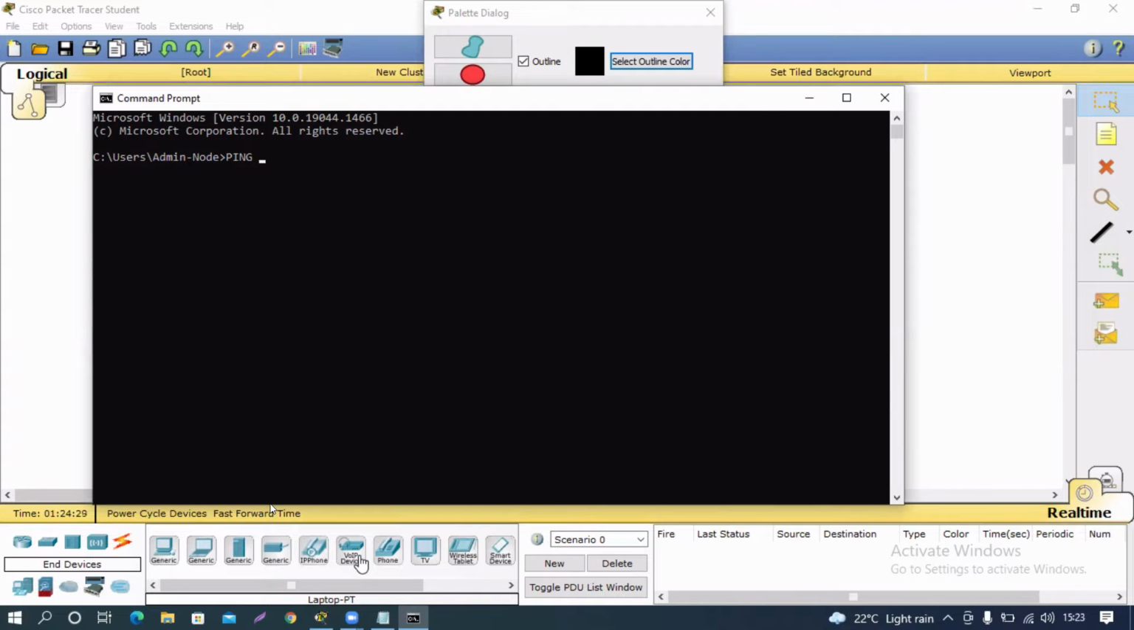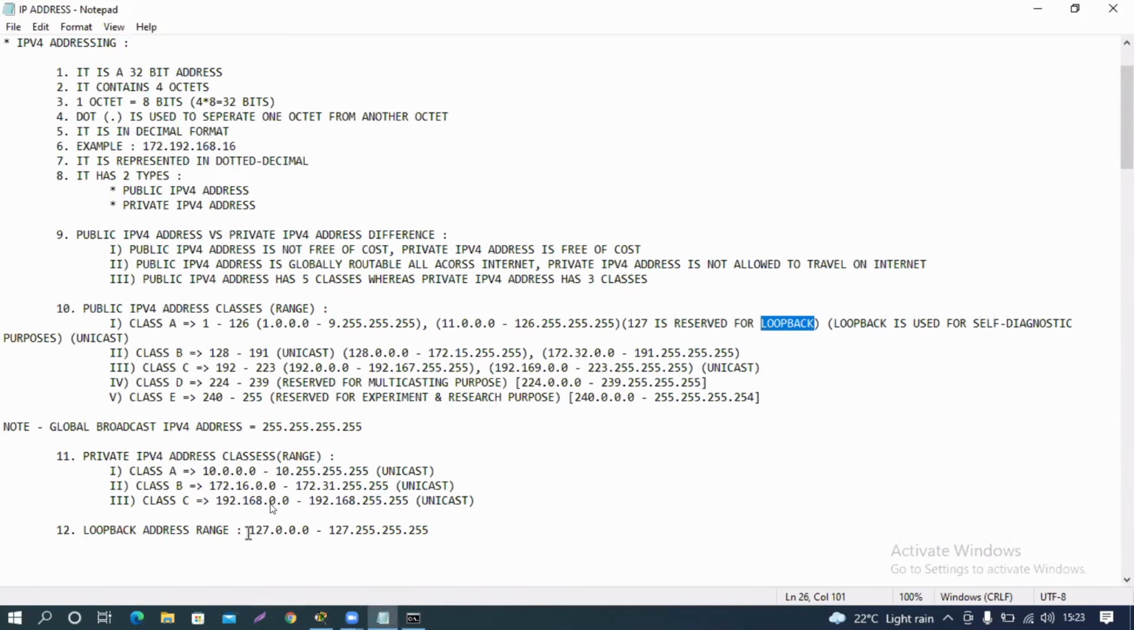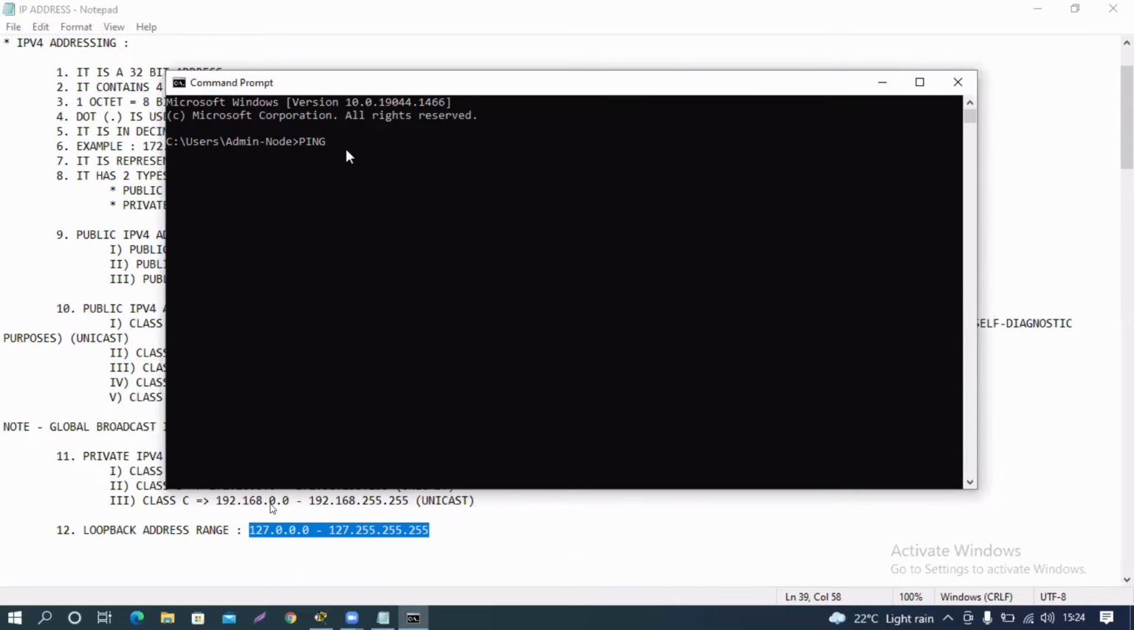What exactly you do is you just use any one address from this range. This is your complete loopback address range. From this range, we can use any address between 127.0.0.0 to 127.255.255.255 to basically test it. So give any address. By default, we have 127.0.0.1, which is considered the default loopback address